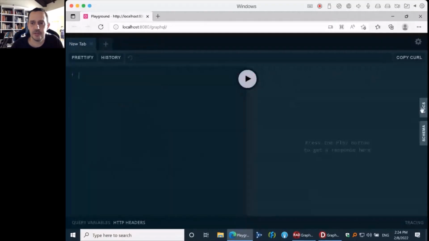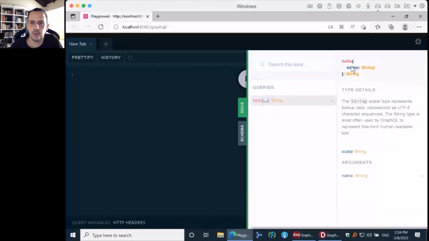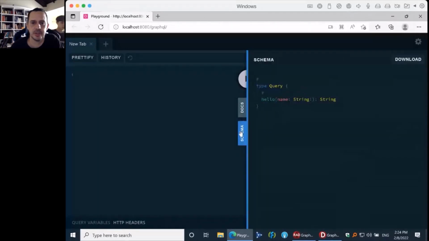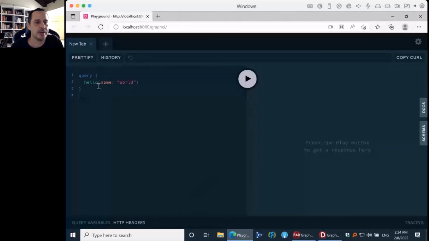to my server. Actually, if I go to docs here, like Roman said, show it before, it shows me what's available in my server. We have a hello field, which receives a parameter name, and everything is provided to you by the server and by GraphQL Playground just from the schema that we have defined. Okay. So in this example here, I can copy and paste the query. And if I execute,